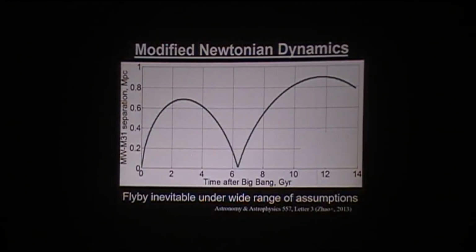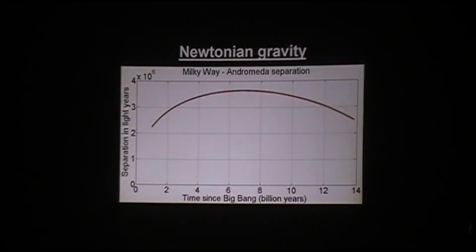In modified Newtonian dynamics, we get to some exciting conclusions about the local group. In particular, if you show how far apart the Milky Way and Andromeda have been as a function of time, you get this flyby around here. So in the standard model, there is no such thing. So this is exciting. Just to show you, in the standard model, the Milky Way and Andromeda can't ever have undergone a fast close flyby. The gravity basically is not strong enough.